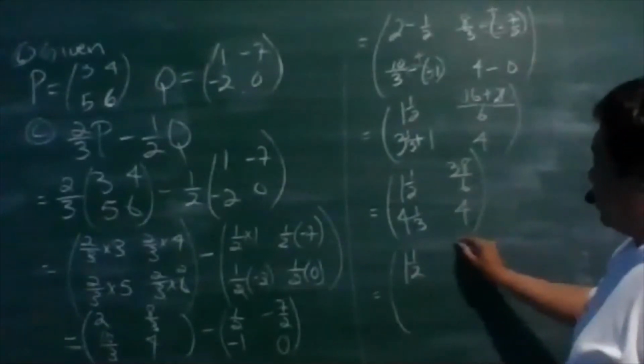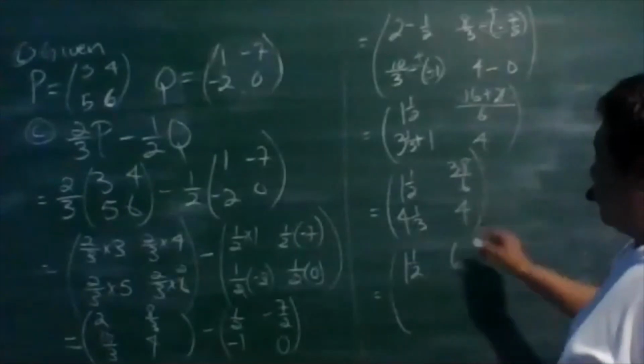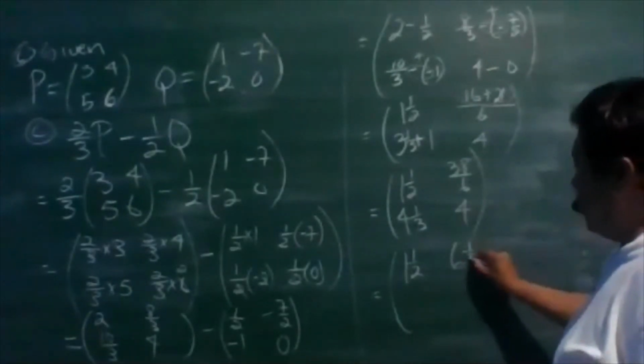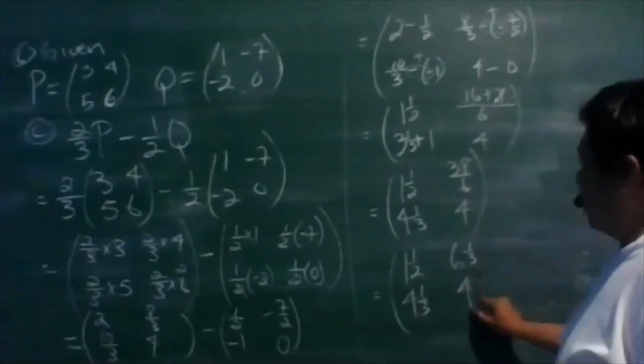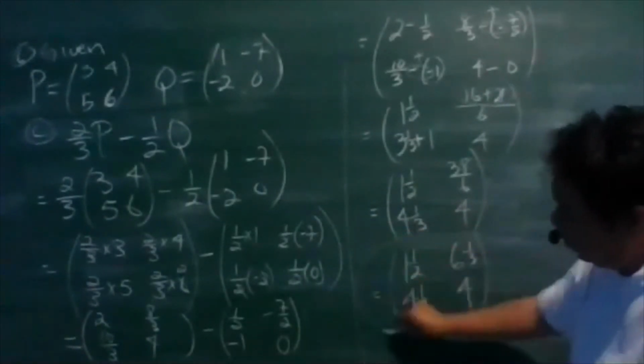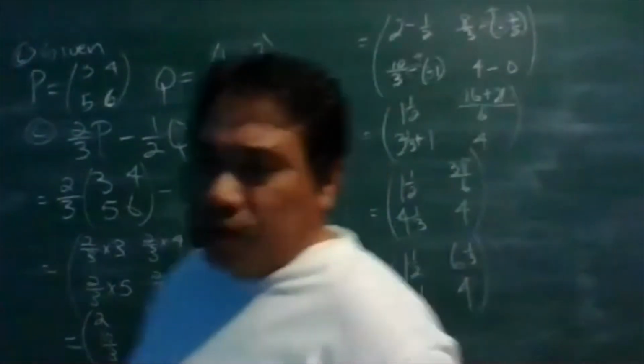6 into 38 is 6 with 2 remainder. So 2 over 6 is 1/3. 4 1/3, and 4. You don't have to do this last step. Up to here, it's fine. And as I told you before,